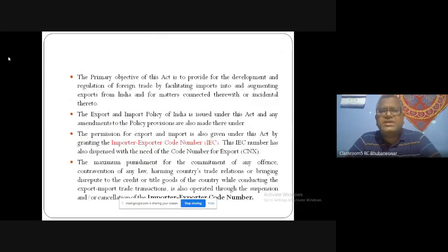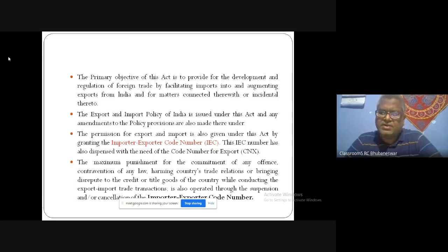But the question is, what is the objective? The objective is only one thing: importing and exporting, connectivity of our business, internationalization of our business, or you may call it export import policy, which should be amended in nature according to the type of business. At the time of exporting and importing of goods or services, or internationalization of business,